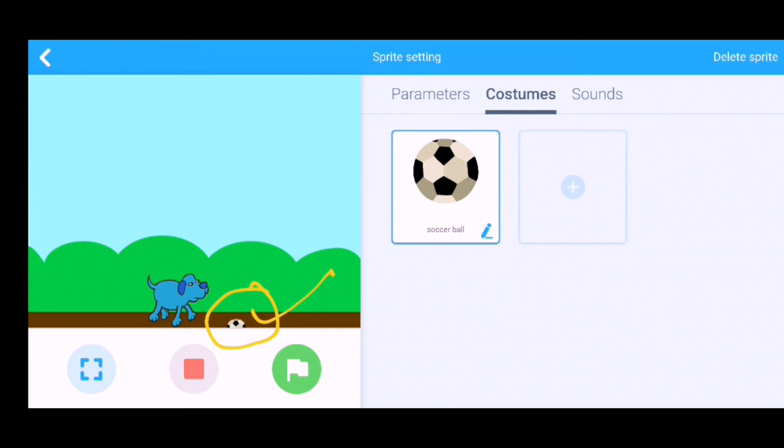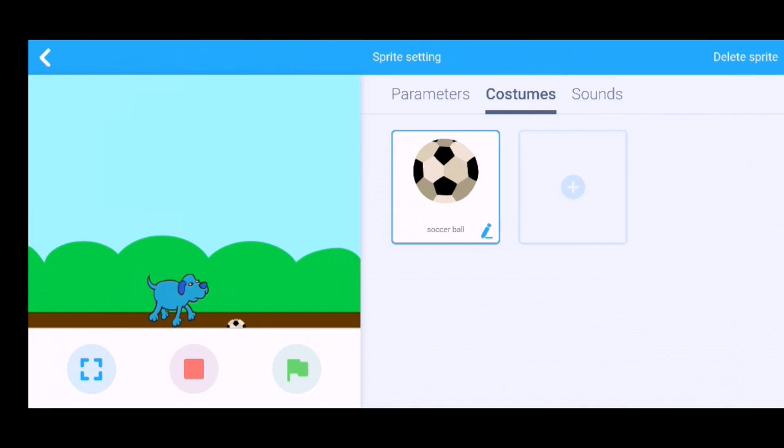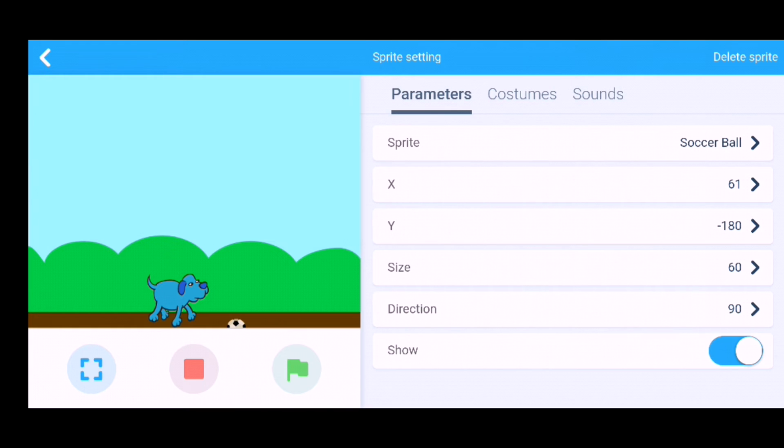To make the ball fall continuously, add the code. Look at here, the parameter of the y-axis: at that position, the y-axis coordinate is minus 180.